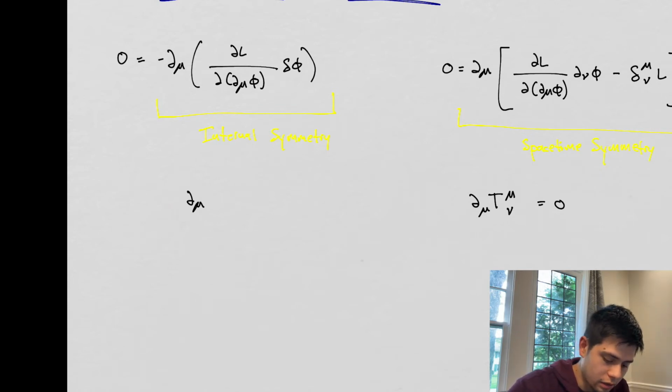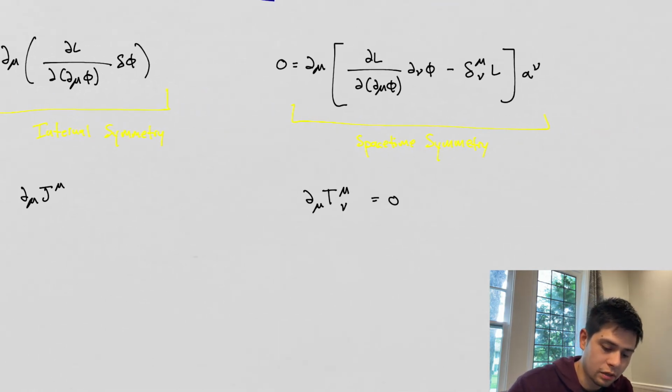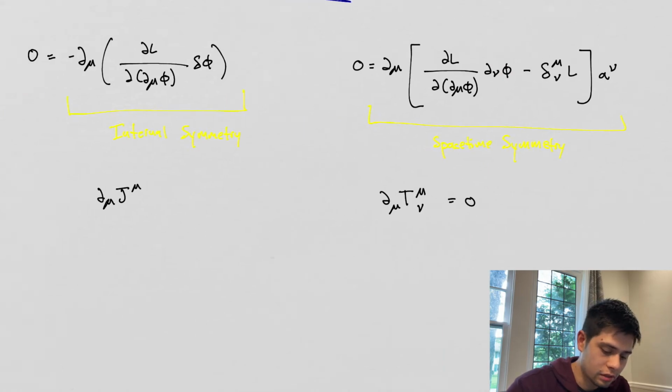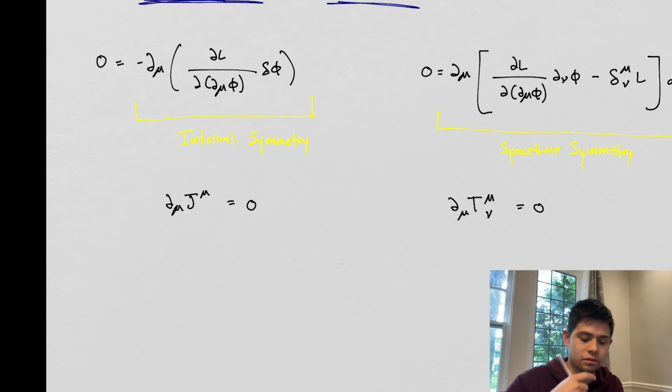But then we need this thing, right? We need something else that has just an upper index, because we don't have this nu here. We don't have this, right? And so what does that mean? Well, that means that this is equal to 0. So in one case, for the space-time case,